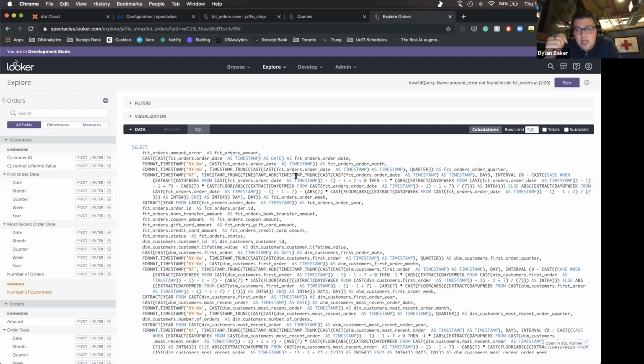So if I'm changing something in my dim customers view, that's going to be in so many of my Explorers. And I basically have to go and do that everywhere because certain fields will be available in certain places. And that was basically the very manual and best way to do that. And so what Spectacles does is it basically automates that in a systematic way across your Explorers,